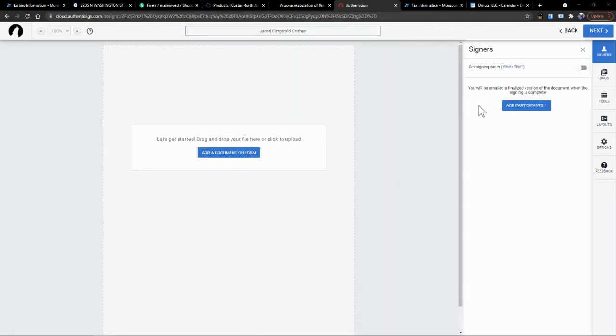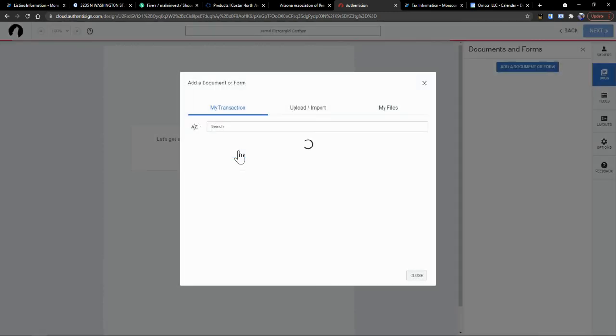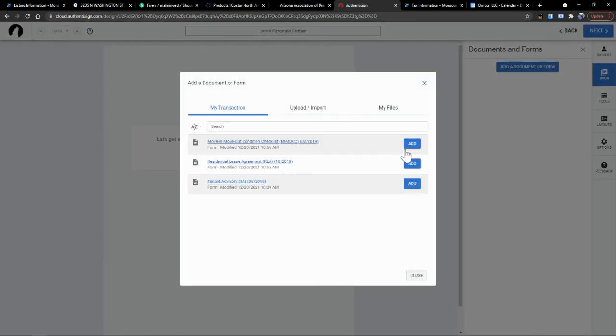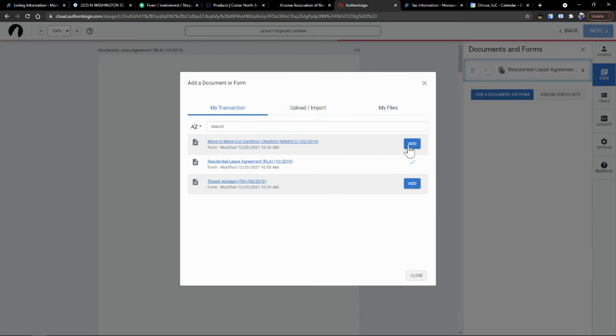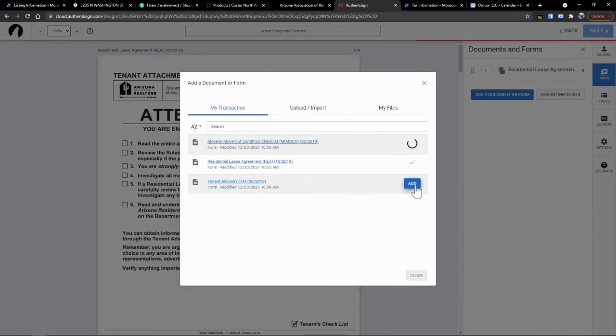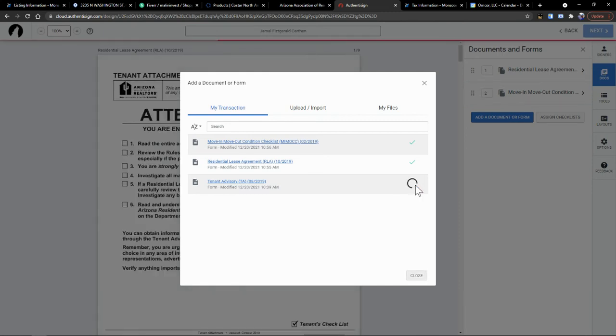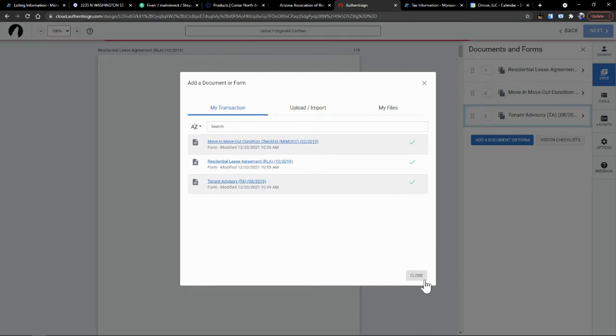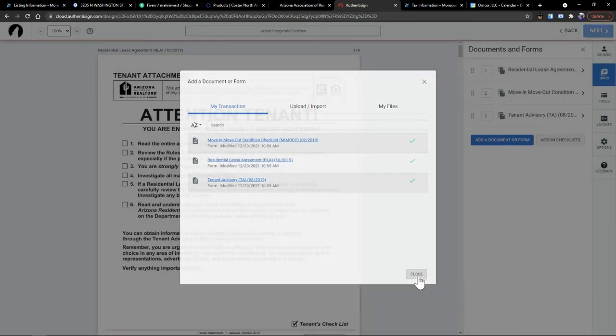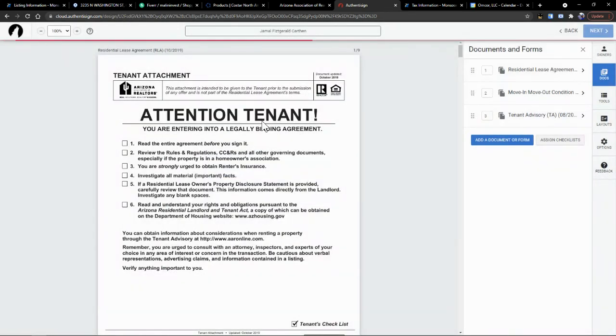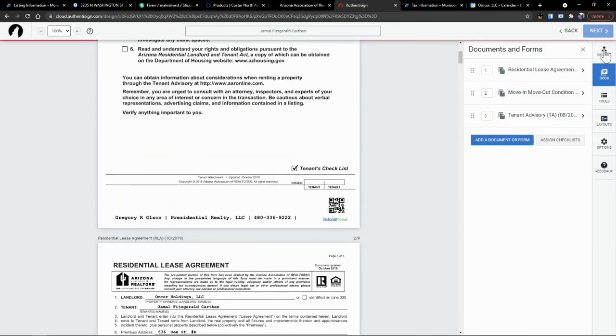All right, the page finally loaded, so we're going to add documents or forms. And it's going to have it where we can already go ahead and add all of them. So we have the 3 that we've pulled from that transaction. After I've added them, I click close. Looks like they're all in here. So now we're going to go to the signers